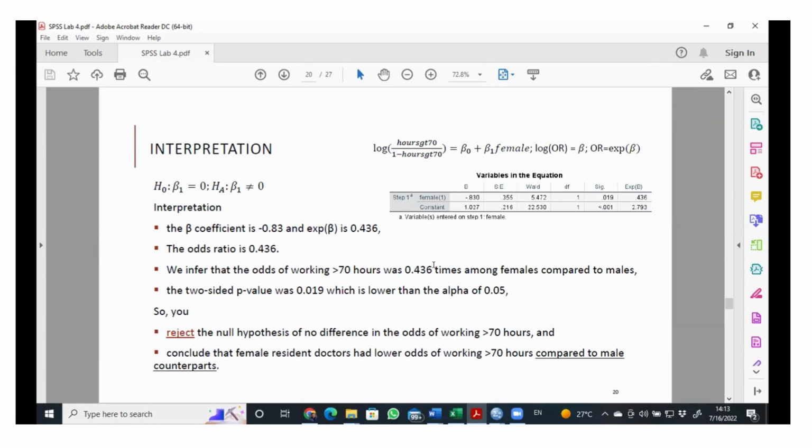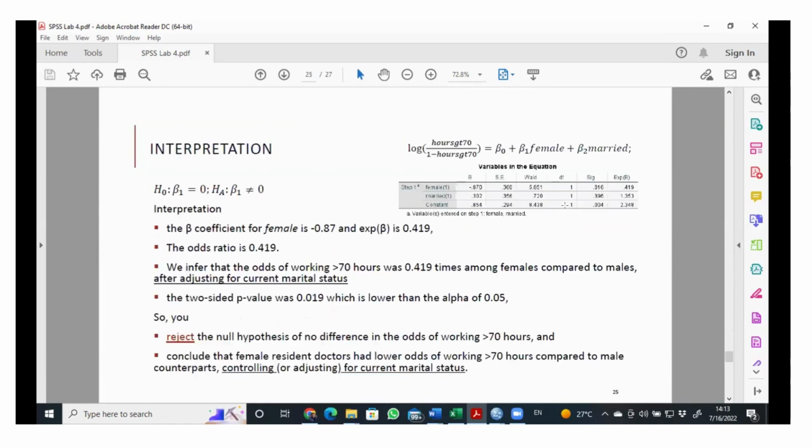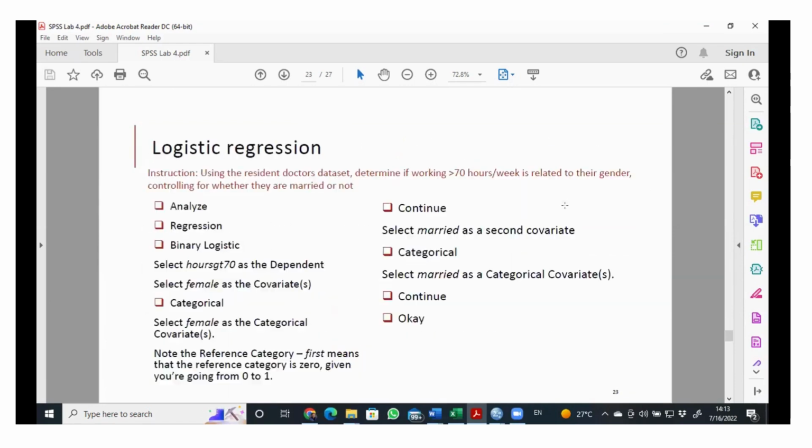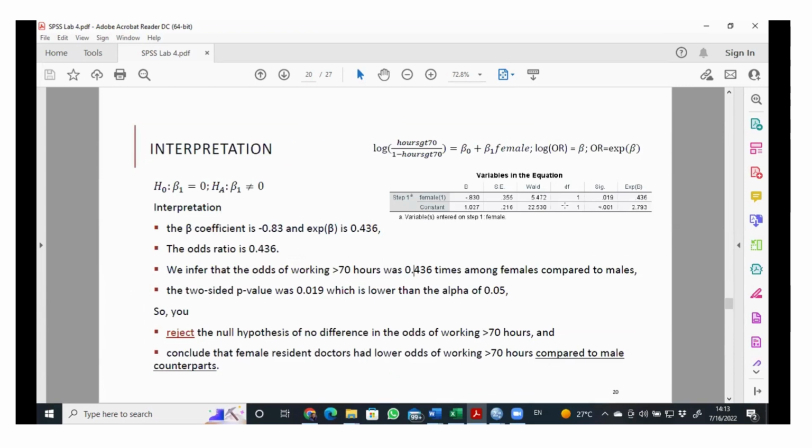Right? And one thing this output did not do, I don't think it came up in our lecture at all. You can actually tell SPSS to give you the 95% confidence intervals as well, just like we had with the linear regression, right? And if we recall,